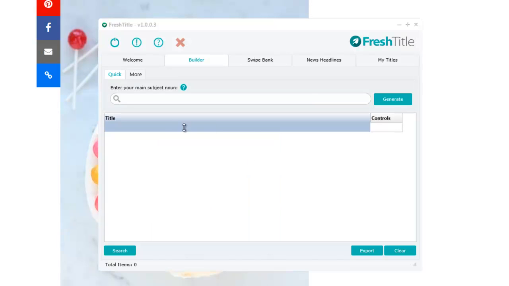And you can see the tool here is called Fresh Title. Basically, you type in your title or your niche. In this particular case, I wanted to research information about cake decorating because I have a cake decorating website that I want to focus on, because obviously that particular niche is where money is made. So, cake decorating. Now what this thing allows you to do, which is another cool thing, it gets titles for you, so that way if you're stuck with coming up with content ideas, you can go here, type in your